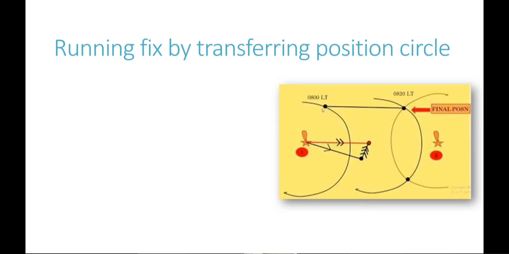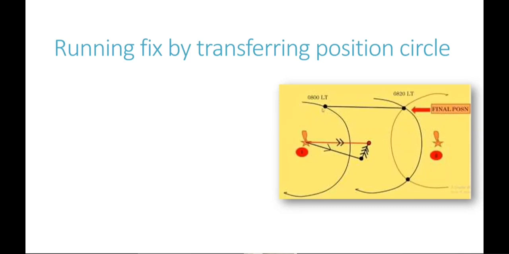So with that geographical range, you can draw a position circle. So this GR, NR, and PLR concept which we did yesterday, again is a method with which we can